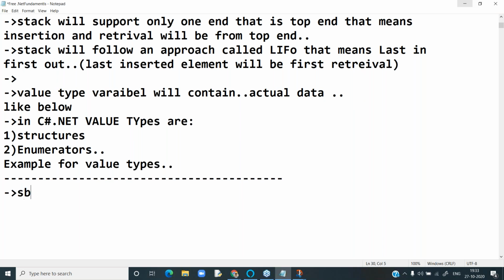This is logical data. These will all come under value types. Will you agree, all of you? You can see, whether it is right or wrong, all are defined by Microsoft as structures.